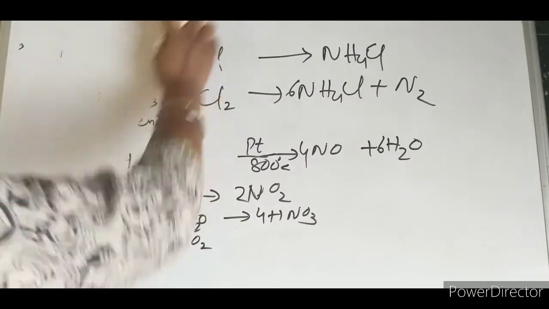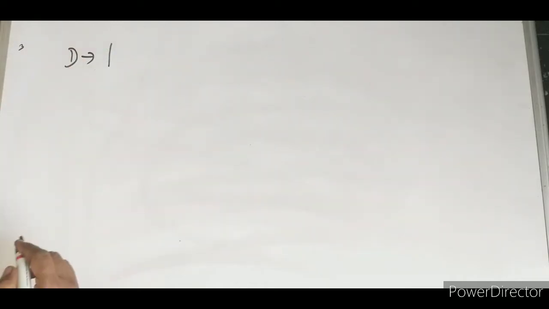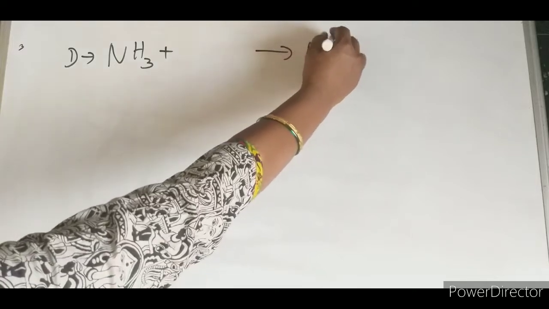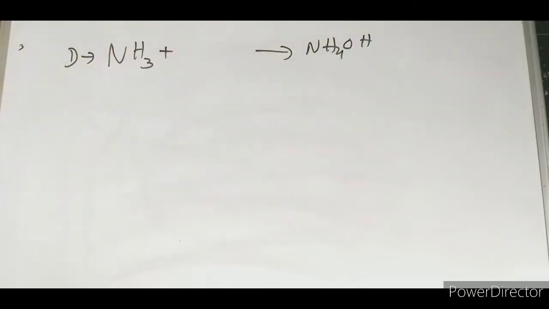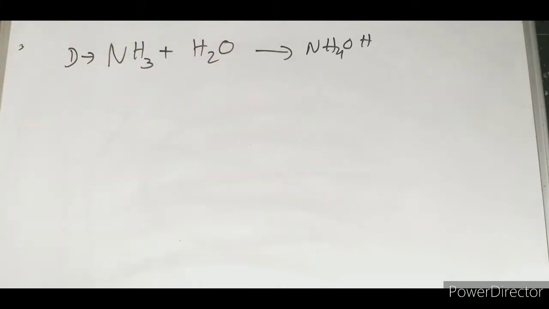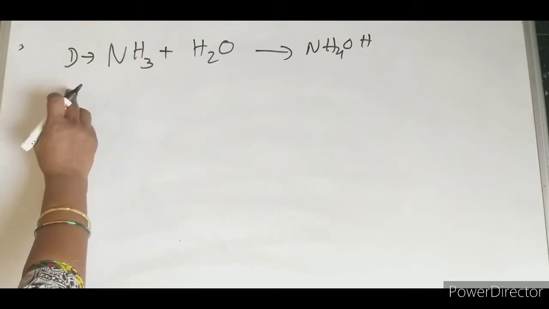Then let us go for this. What is D given here? All these are easy, you know it, but when we see this diagram, we feel something different. So D, what is that? It is a more interesting and easy one only. Here, what we are getting? NH3 converted to NH4OH. How will that be possible? Add water to it. When water is added, obviously this will be NH4OH. See how easy it is? This one will be D.